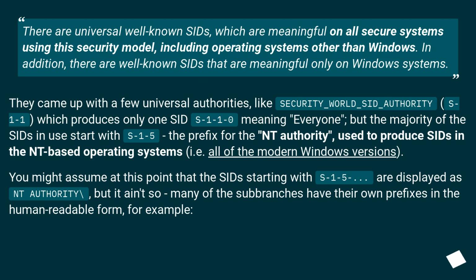But the majority of the SIDs in use start with S-1-5, the prefix for the NT authority, used to produce SIDs in the NT-based operating systems, i.e. all of the modern Windows versions. You might assume at this point that the SIDs starting with S-1-5 are displayed as NT authority /, but it ain't so. Many of the sub-branches have their own prefixes in the human-readable form. For example,